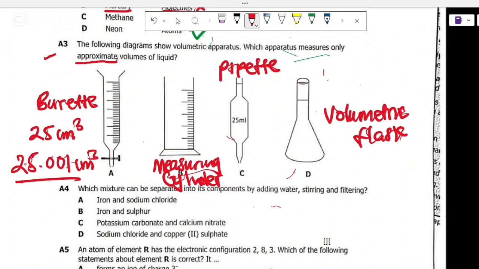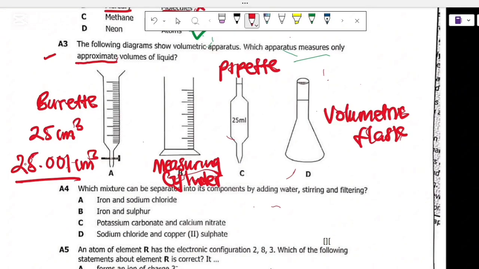It can only measure whole numbers for the most part, 25, or maybe 7 cubic centimeters, 8 cubic centimeters, or 30 cubic centimeters. When it comes to 7.0005, it can't. So when you compare the two, 25 cubic centimeters and 25.001 cubic centimeters, the difference is